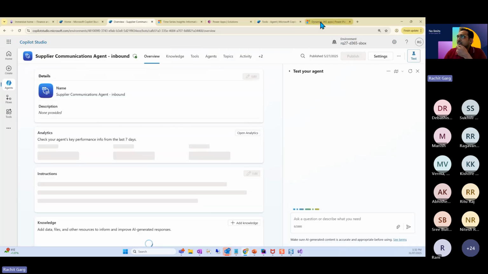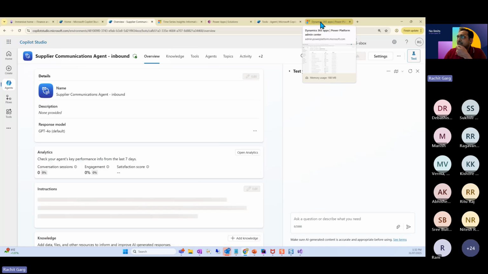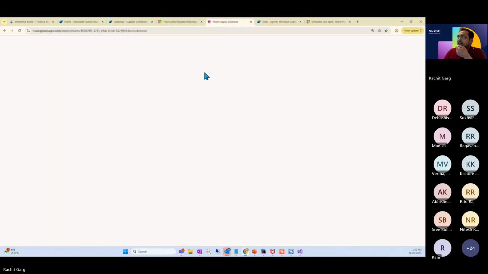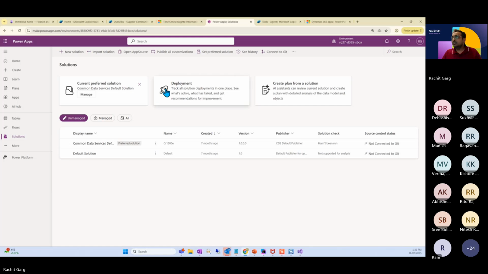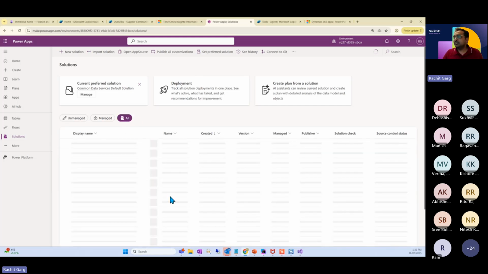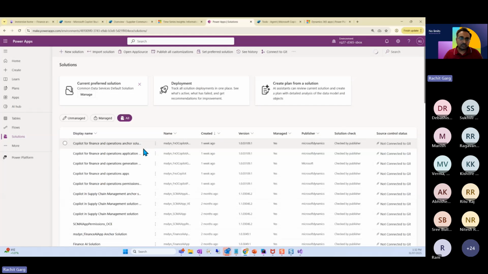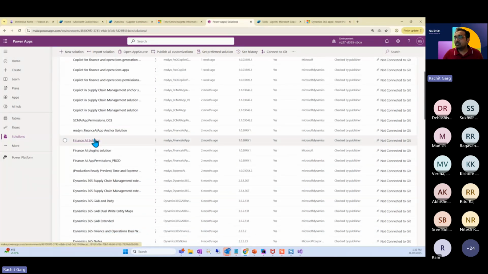Supplier communication agent inbound is the one which is keeping an eye on your incoming mailbox. Now, if I go to Power Platform, just a minute, solutions. I need to just drag this thing here. In Power Platform Admin Center, we will be able to see these solutions. It comes as a part of Finance AI. So if I go to Finance AI solution,